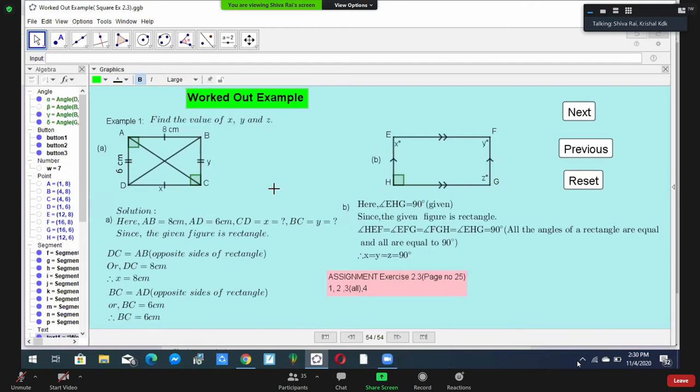You look here, A number. Here, AB equal to 8 centimeter, AD equal to 6 centimeter, CD equal to X equal to how much? BC equal to Y equal to how much? We have to find two things, X and Y. Since the given figure is a rectangle,